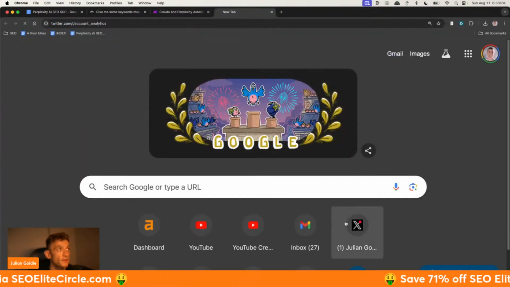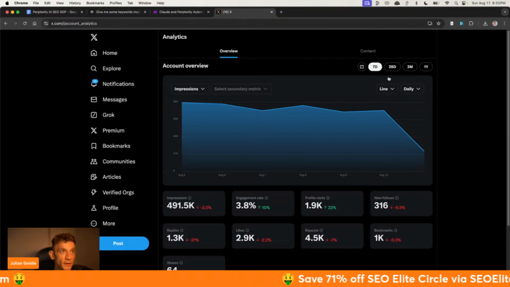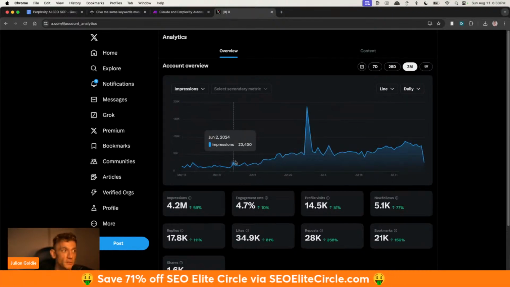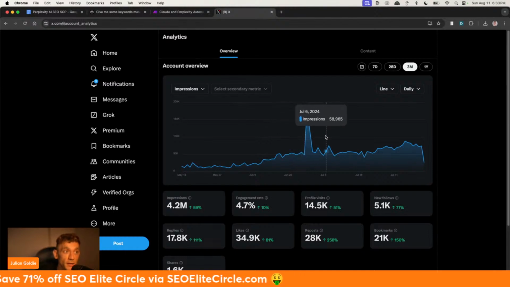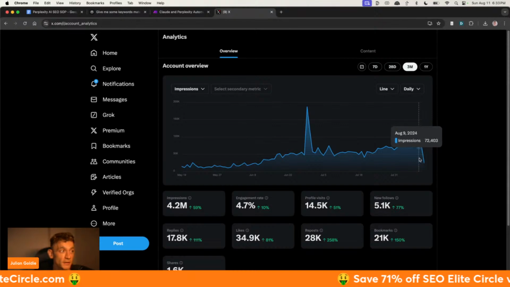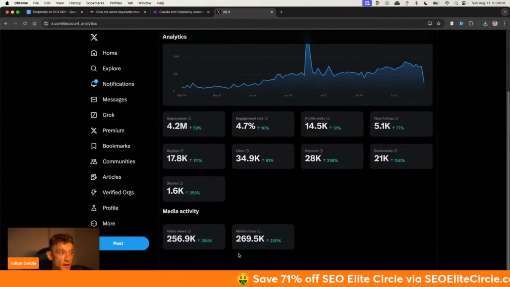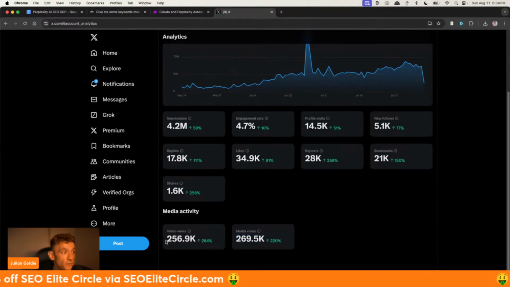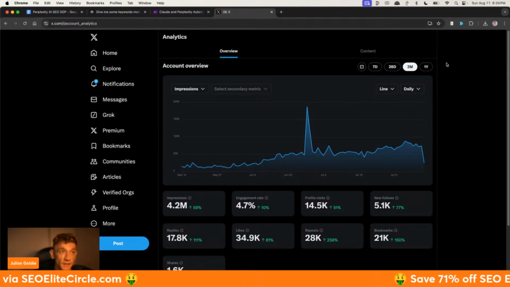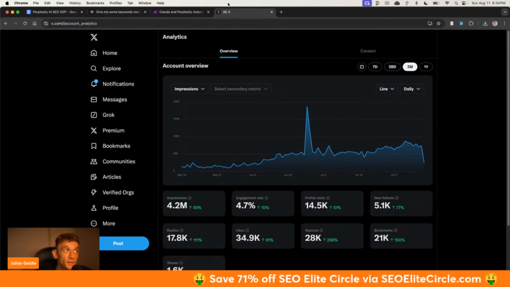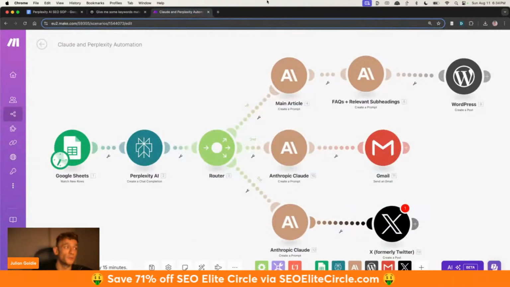As an example of that, let's have a look and see how we're doing it. So if we look at the content on Twitter, as you can see, our impressions are growing all the time. And this is an amazing way to quickly get a lot of traffic, as you can see right here. We're getting anywhere between 70 and 80,000 impressions per day. We've actually had 269,000 media views right here from Twitter over the last 3 months, along with 256,000 video views over the last 3 months. Pretty impressive stuff if you ask me, and it's completely easy because you can automate it using this